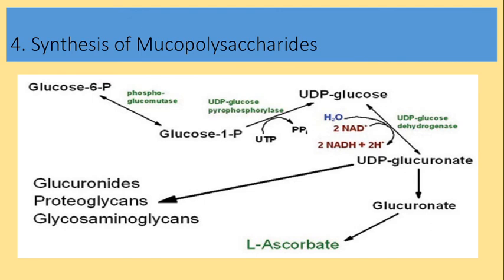Inherited deficiency of this enzyme xylitol dehydrogenase will lead to essential pentosuria. Essential pentosuria occurs due to the deficiency of the enzyme xylitol dehydrogenase, where L-xylulose cannot be reduced into xylitol. As a result, the pentose sugar L-xylulose will accumulate in the body and it gets excreted in urine. So these are the main significance and importance of this glucuronic acid pathway.